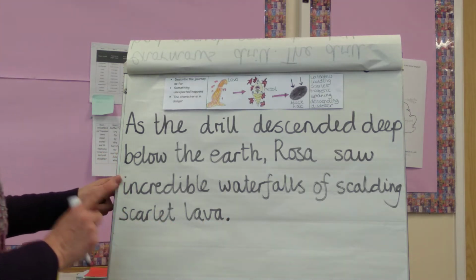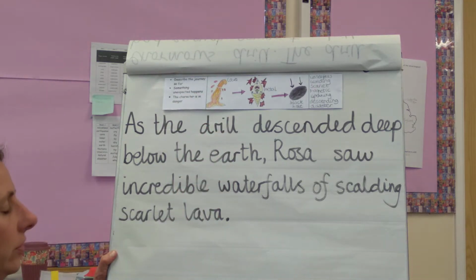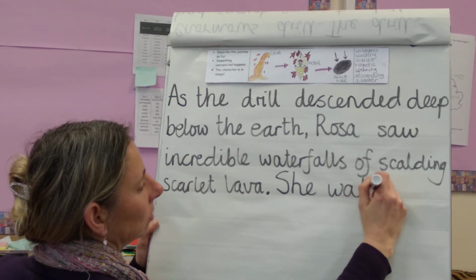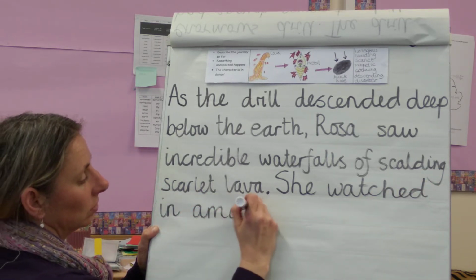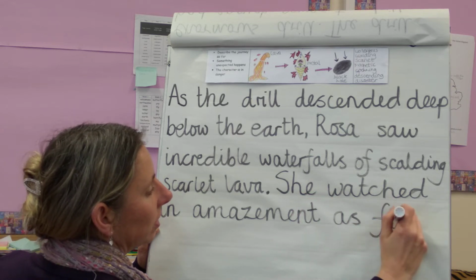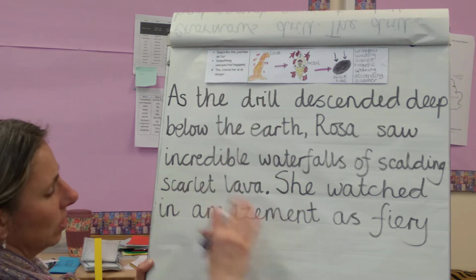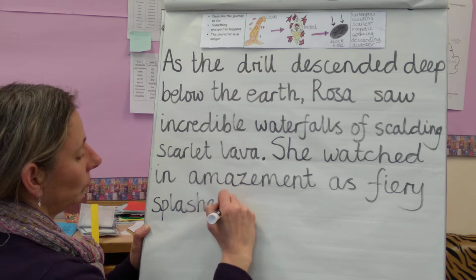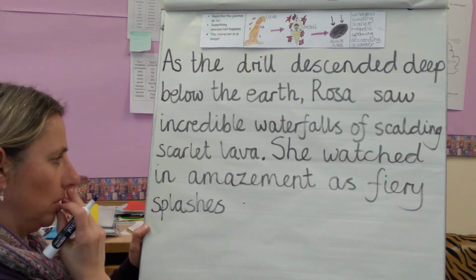Full stop. Now I think I'm going to do another sentence to add a little bit more description here. So I'm just imagining myself as Rosa. It would be an incredible sight. So she watched in amazement as fiery, thinking balls or drops or splashes, I think I'll go for splashes, as fiery splashes flew past her window. I'm trying to think, she's here and she's seeing it all go past her window as